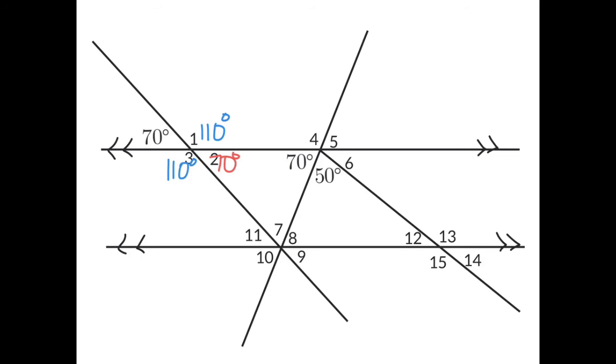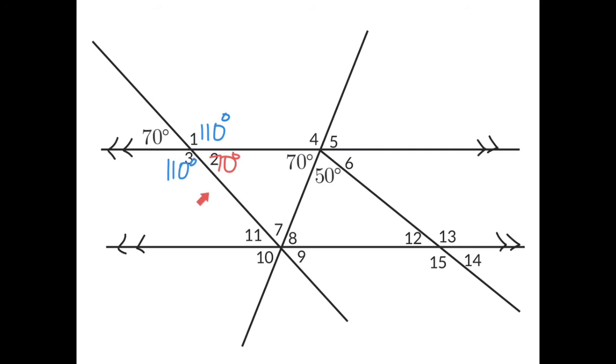Now, I could jump over to this set of angle relationships over here, but I'm actually going to jump down because these are my parallel lines, but this is the transversal here. So I'm going to see what I can do with this information to help label down here. Now, I've got a couple different